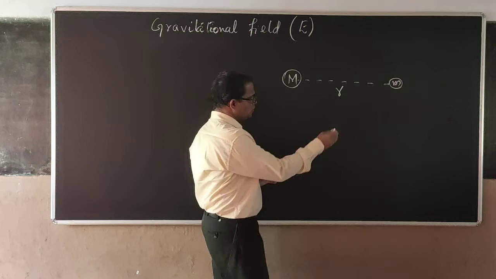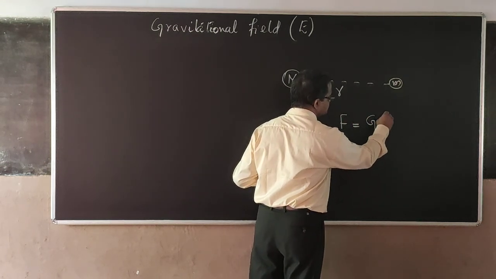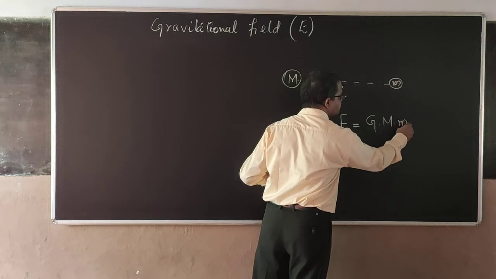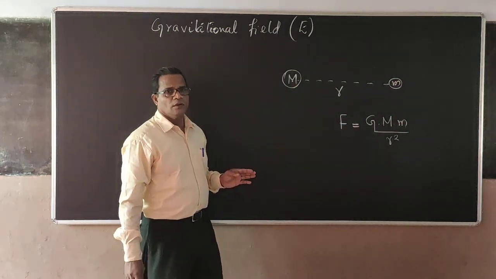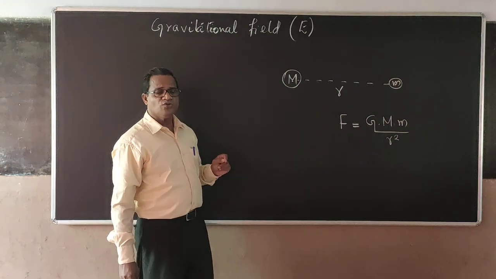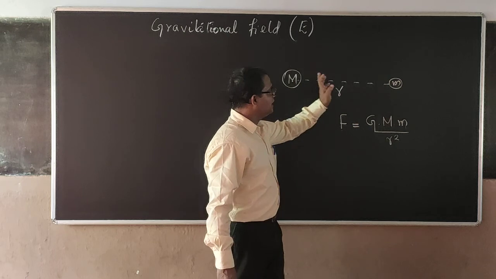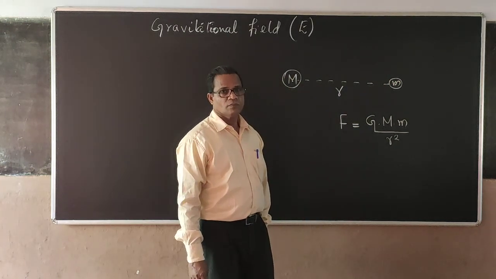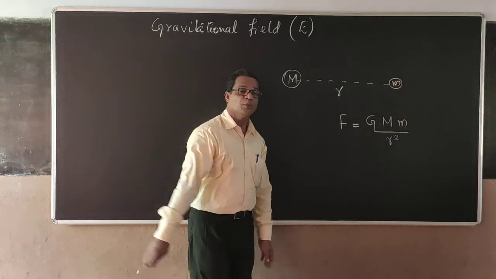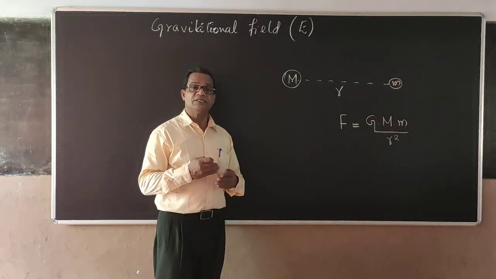Now, you get the force of attraction between them as F equal to capital G into M m divided by r square. Now, if I want to find the gravitational field of this capital M at this particular point, how are we going to use this equation? So, first of all, you must know what is meant by gravitational field